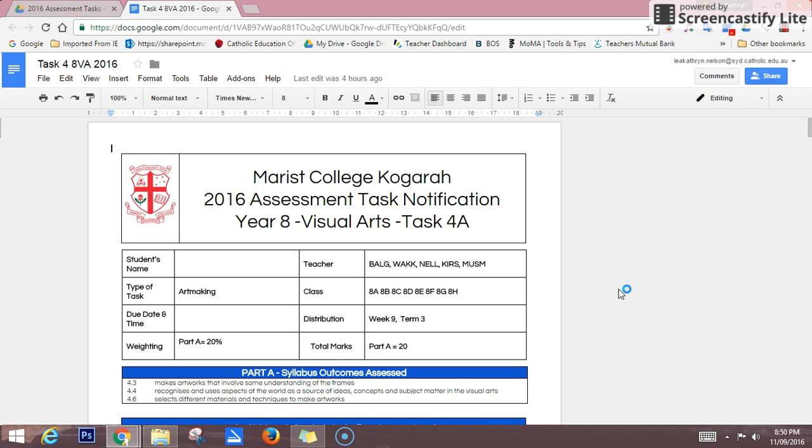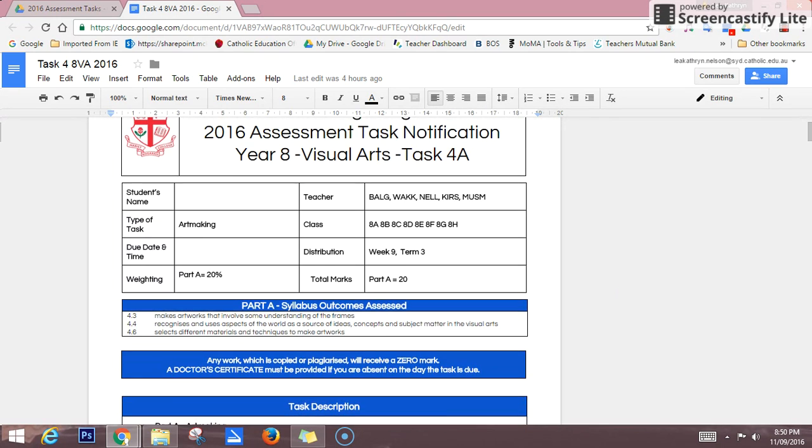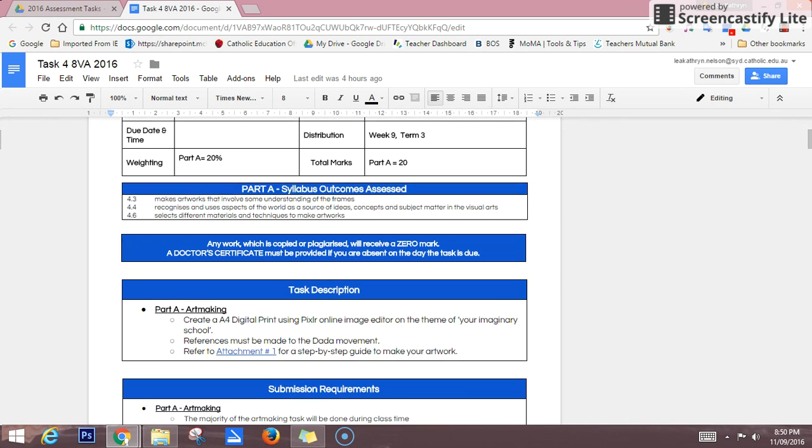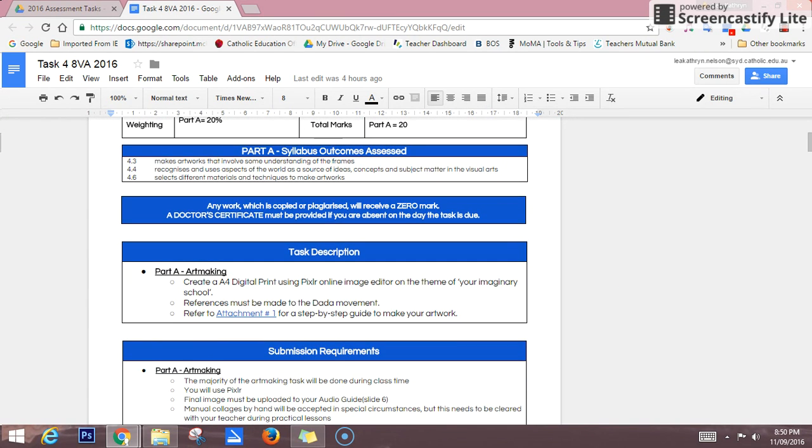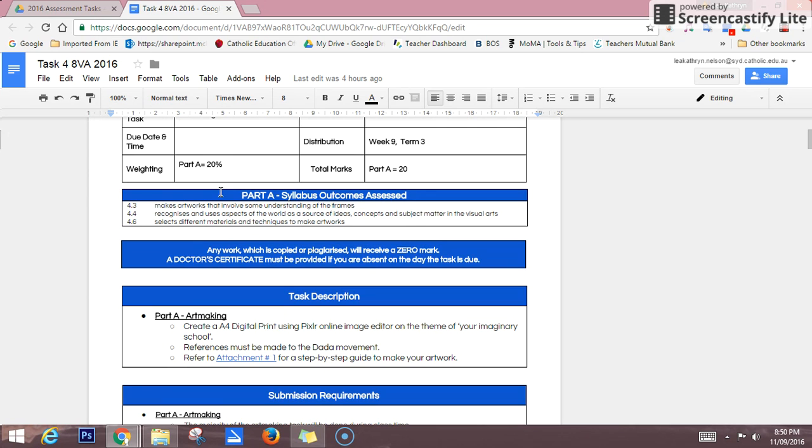So this assessment task is broken up into two sections. Task 4A, which is the art making task, which you'll be completing in class, and then it also has another component, which is part B, which will be your theory component. Part A consists of